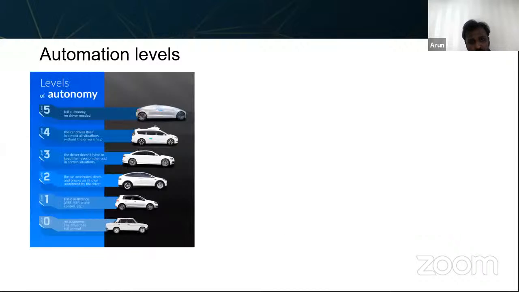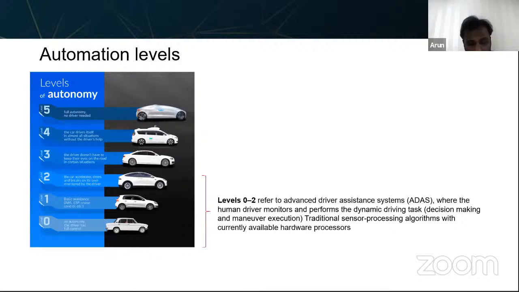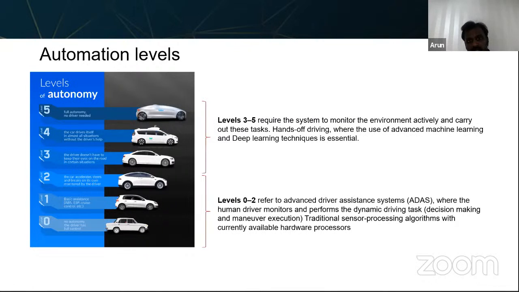And probably I can go to this one, which is usually called the levels of automation, and it varies from level 0 to level 5. Level 0 is nothing but manual driving, what we have today. And at level 2, you can have certain features, but still the human is responsible for most of the driving tasks. These are quite assisted features, like automated braking systems, EPS and cruise controls and so on.